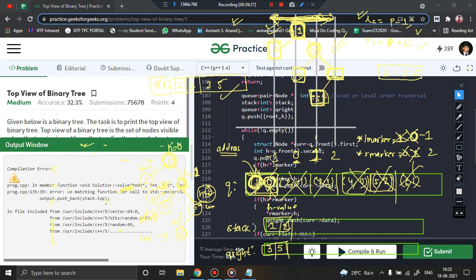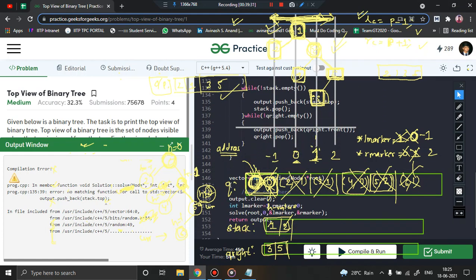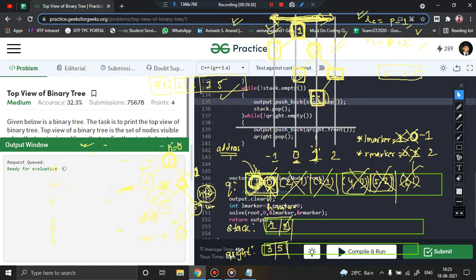Okay, we are just missing the parenthesis. 135. So this one. Yeah, so 1, 2, 3, the output is 2, 1, 3. Definitely it should be the output. 1, 2, 3, the output will be 2, 1 and 3. It is working fine. Let us submit it.